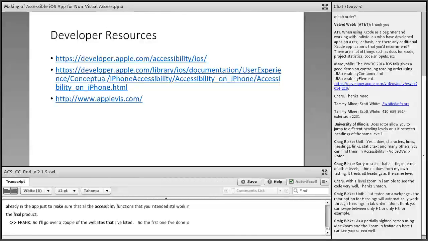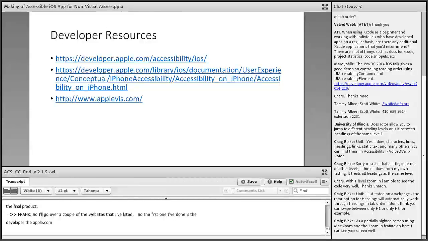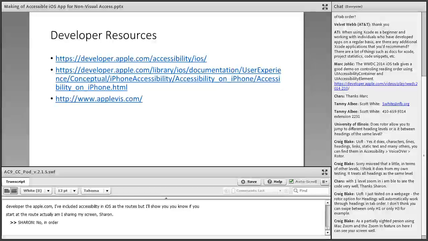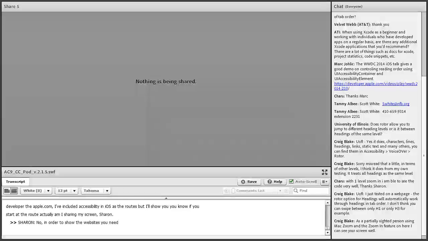So I'll go over a couple of the websites that I've listed. The first one I've done is developer.apple.com. I've included the accessibility in iOS as the routes, but I'll show you. If you start at the root